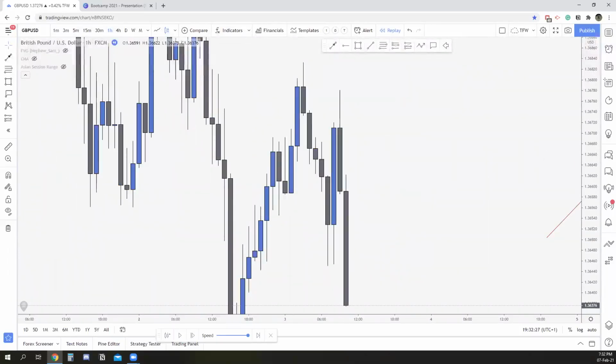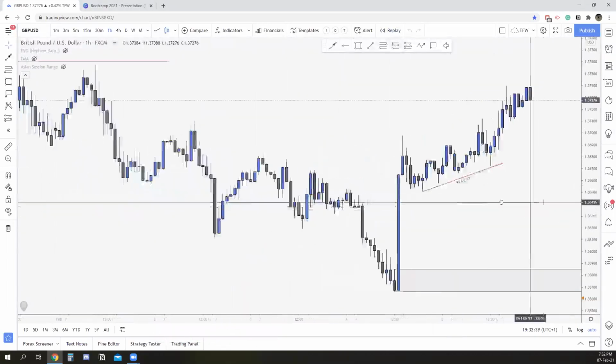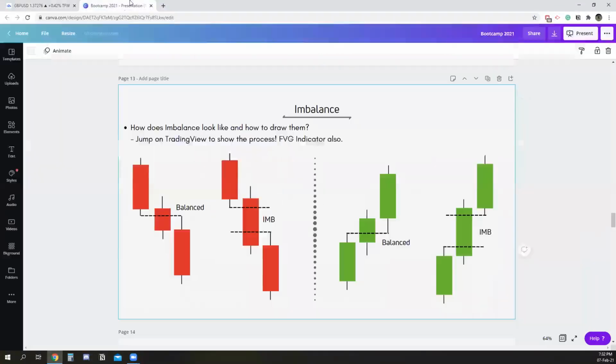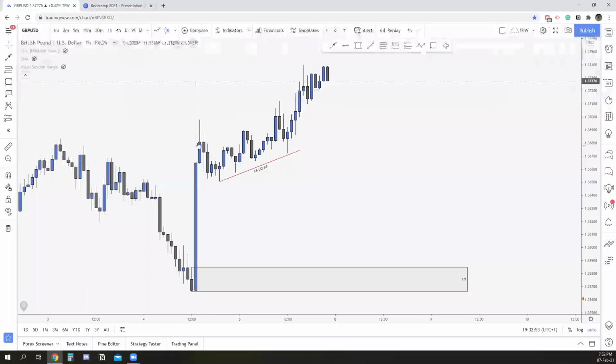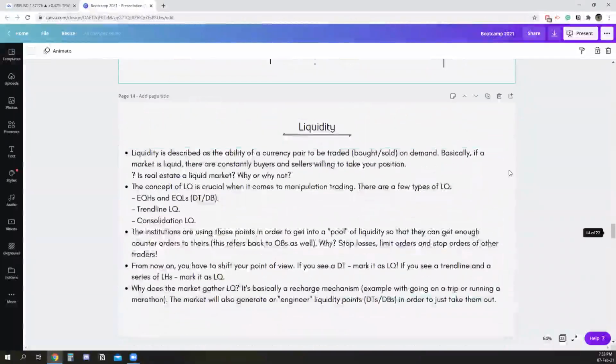An empty space is another indication of a strong OB, exactly. And in combination with OB, you know where to enter a trade. Yes, but how to enter trades, we're going to go into the next bootcamp, right? The entry patterns. And currently taking all of those concepts, we're going to apply them later, right? So later, there are not going to be much explanations because you should already know how those look. So if you have questions right now, make sure to ask them. But I think it's pretty straightforward. How do we find those imbalances? All right, a little bit more.